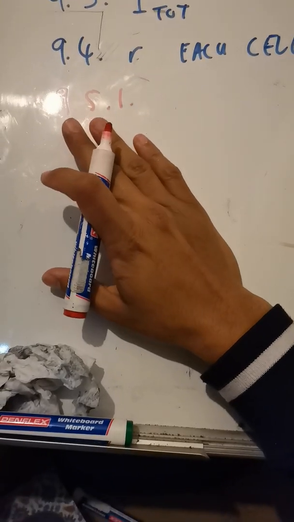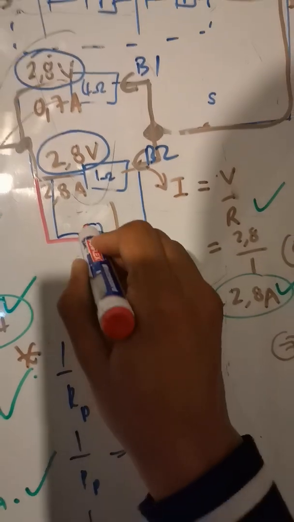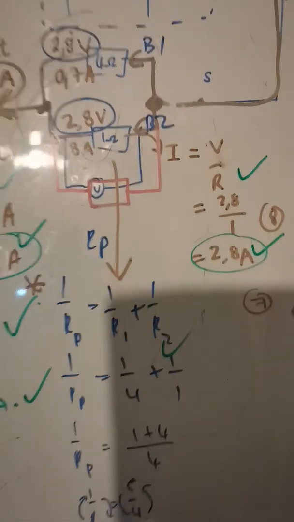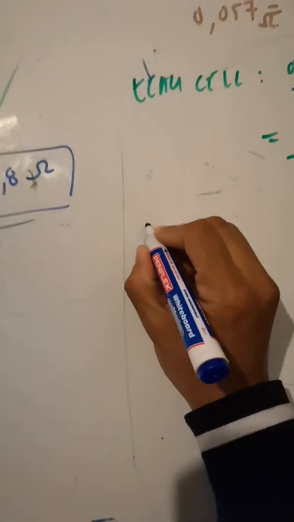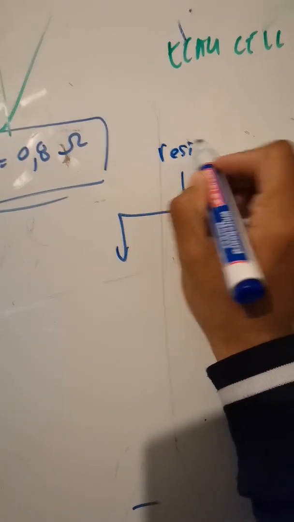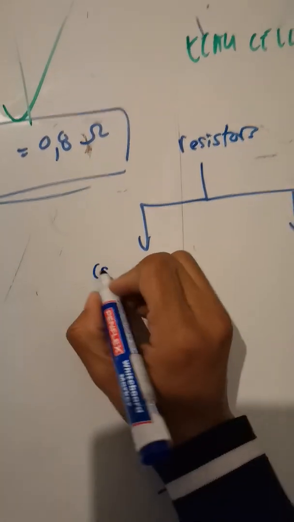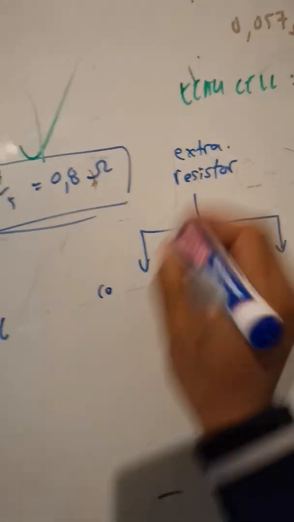An unknown resistor is now connected in parallel with the 4 ohm and the 1 ohm resistor. Now remember, they're saying that a resistor is connected in parallel to the 4 ohm and 1 ohm resistor. I want you to understand the following. The general rule of resistors is, if an extra resistor